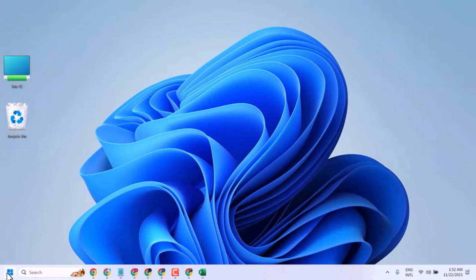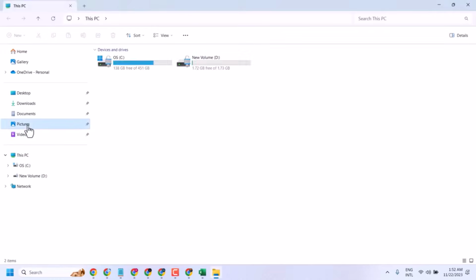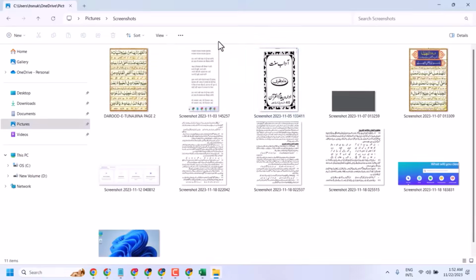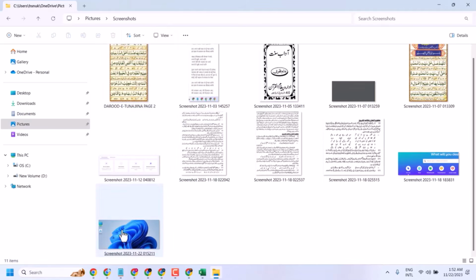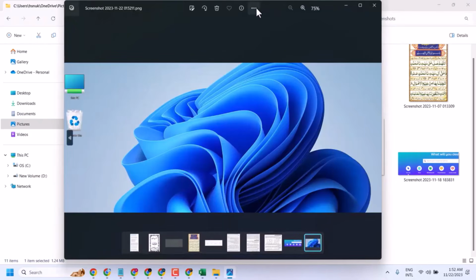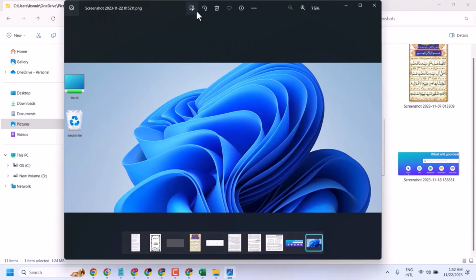open File Explorer and Pictures, Screenshots, and select your screenshot and open it. And now click on these three dots and here click on this edit button,